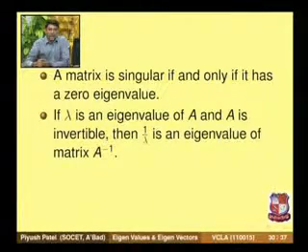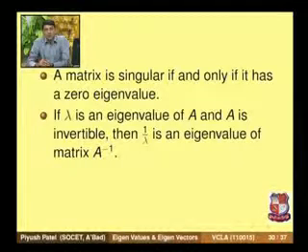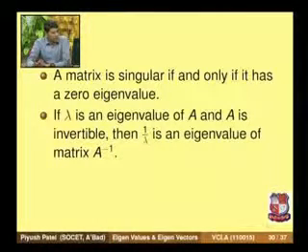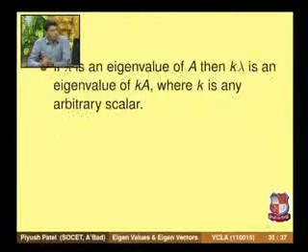Then the next property tells us that if the eigenvalues of A are known, then the eigenvalues of A inverse can also be obtained from the eigenvalues of A. That is, if lambda is an eigenvalue of A and your matrix is invertible, which can be obtained from the above property, because if all the eigenvalues are non-zero, then your matrix is invertible. So without doing the formal procedure for A inverse, you can directly say that the reciprocal of the eigenvalues of A are the eigenvalues of matrix A inverse.